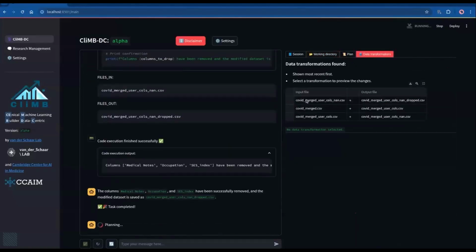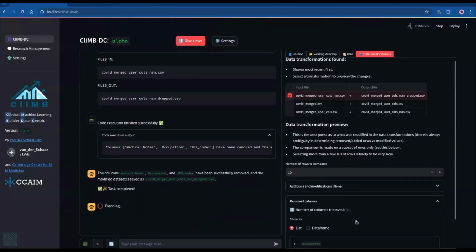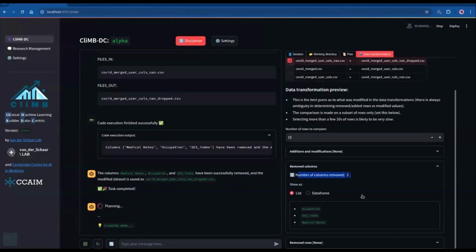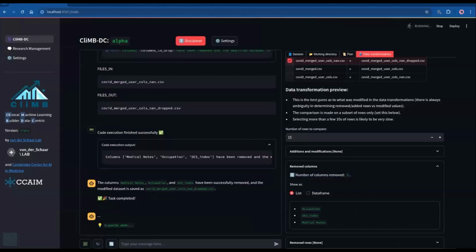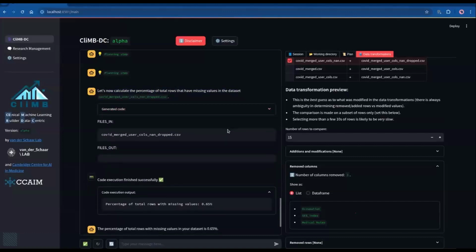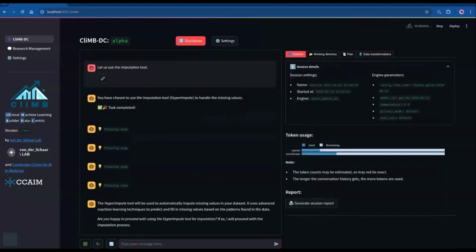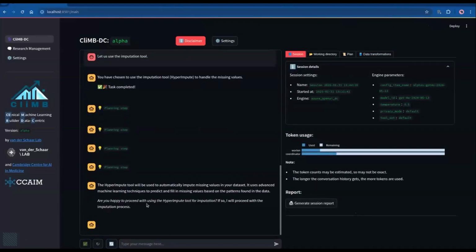The final step before we can proceed, and here is actually, once again, the confirmation that the columns that were dropped, you can track clearly that at this step, we dropped these columns. They're no longer with us. The final step is to get rid of the final few missing values that we have. We have about 0.65% of values that are still missing. So we can either drop the patients and not use those patients, or we can use an imputation tool to handle those cases. In this case, we decide to use an imputation tool.